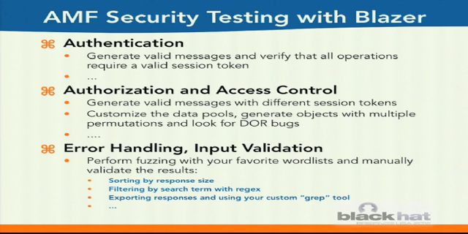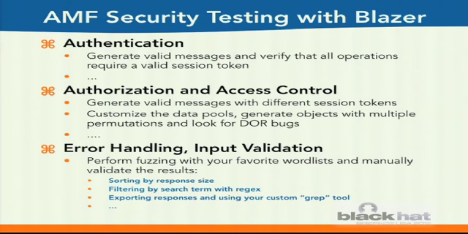So, back to the security testing methodology: how can we modify those testing methodologies with the tool we have now? For example, authentication. In most cases, authentication for a BlazeDS application is managed by the standard session ID, so a cookie. And what we want to do is generate valid objects and send valid AMF messages for all endpoints, for all messages, for all possible exposed methods, and verify whether they're accessible or not. So we can use Blazor with object generation and build as many objects as we want, and then understand the results